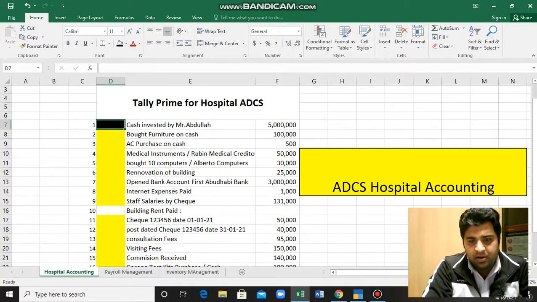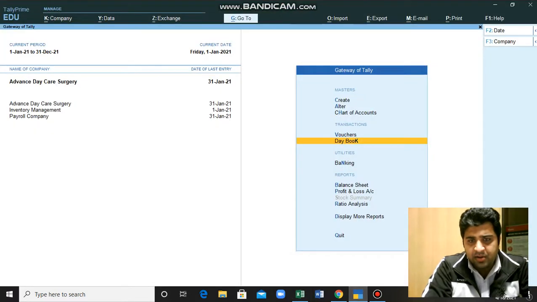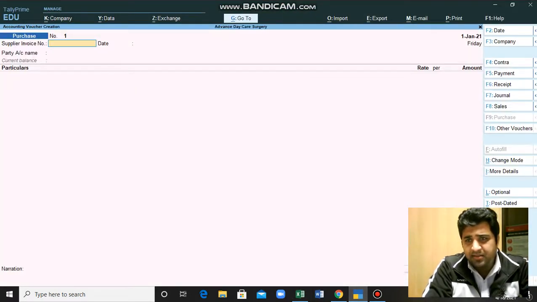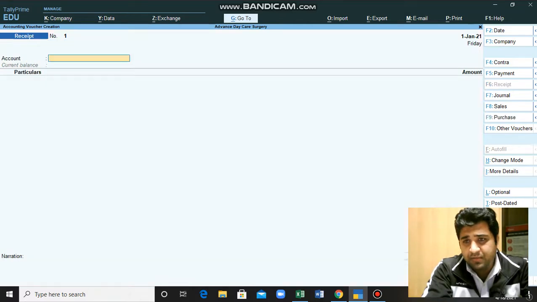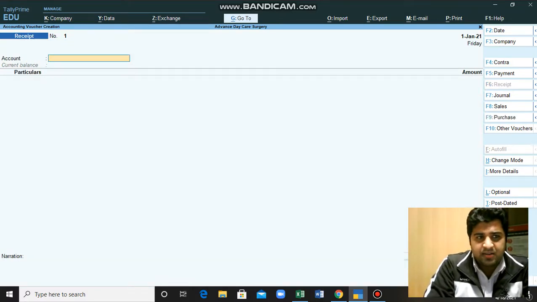We will go into our Tele ERP software. There we will go into the Vouchers. Here is the list of different vouchers on your right hand side. From here you can select the voucher type in which you want to post your entries. Our entry is about the receipt of cash from Mr. Abdullah, maybe the owner of the business. So here we will go into Receipt Voucher. You can alternatively go to Receipt Voucher by pressing F6. So we press F6, and here is the main interface of the voucher in which you will enter your details.